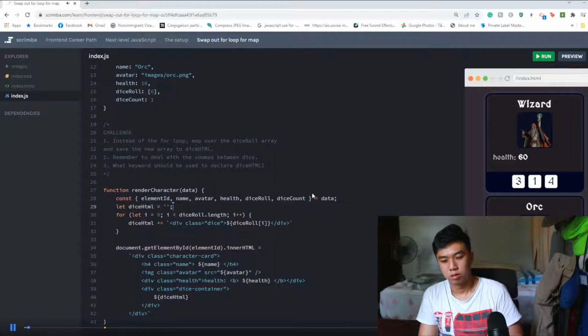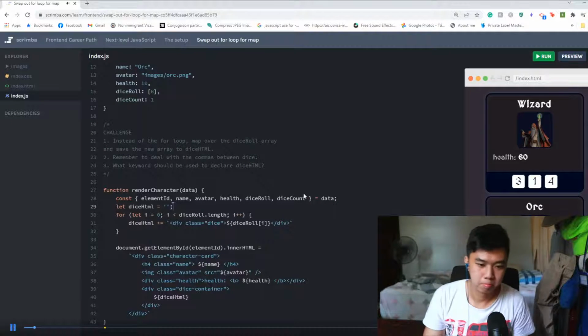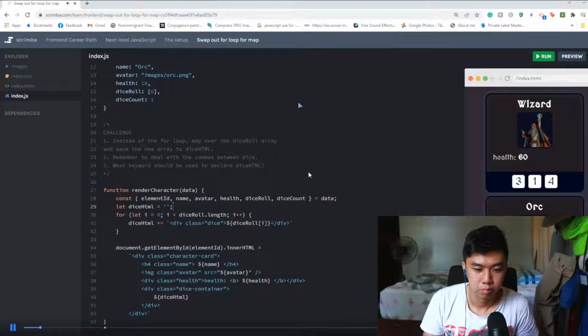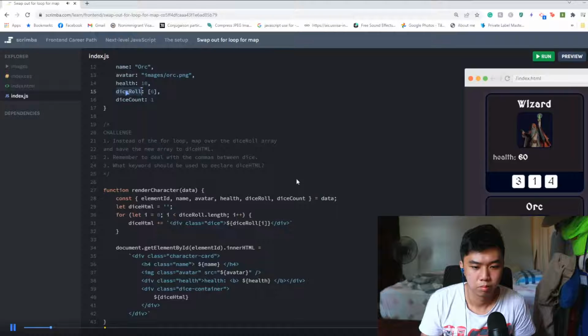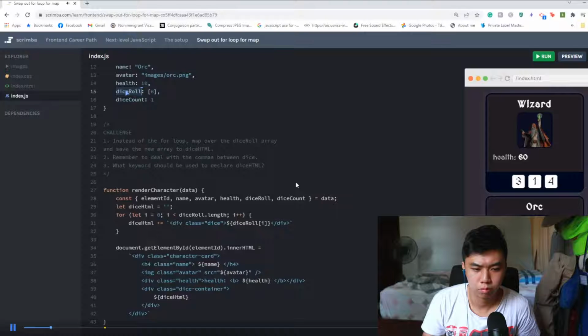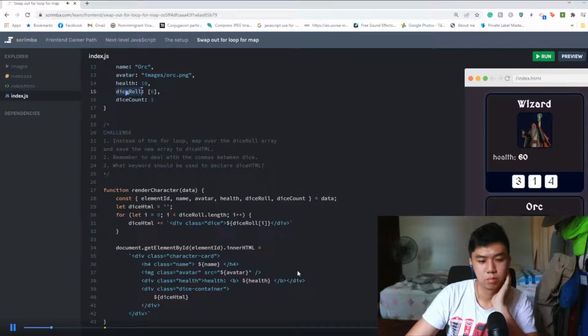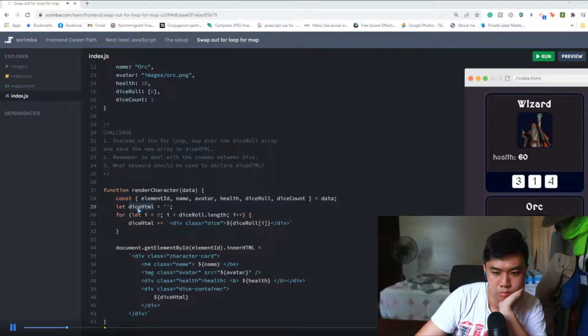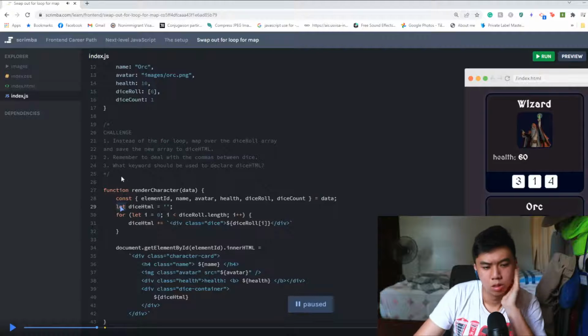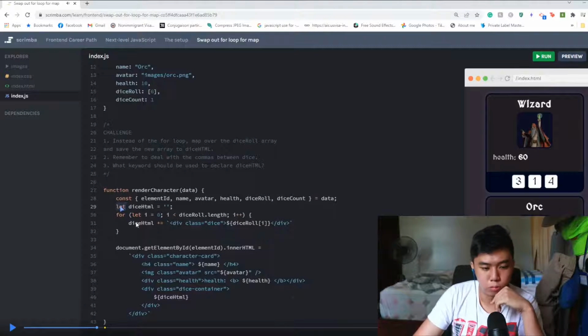So back in our app, you can probably guess what I'm going to do. I want you to map over the dice roll array and save the new array to dice HTML. Remember to deal with any commas that appear and think about which keyword to use when you declare dice HTML. Pause now and give that a go. And right, instead of using a for loop,